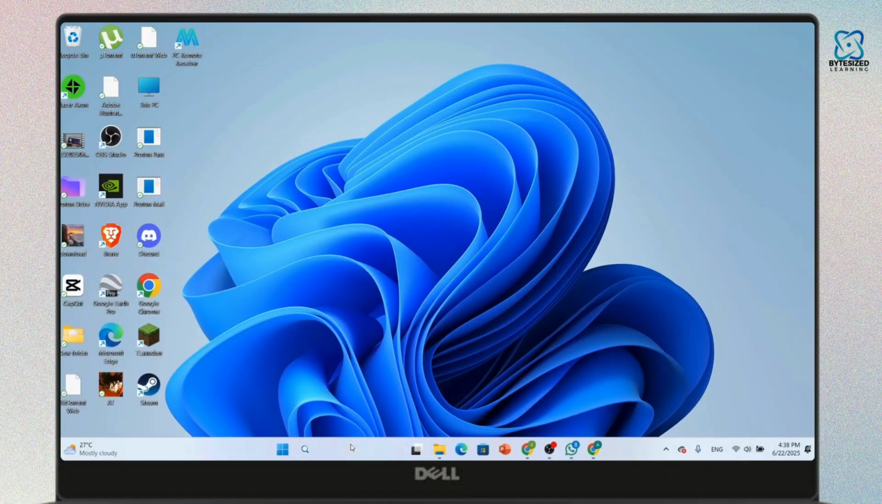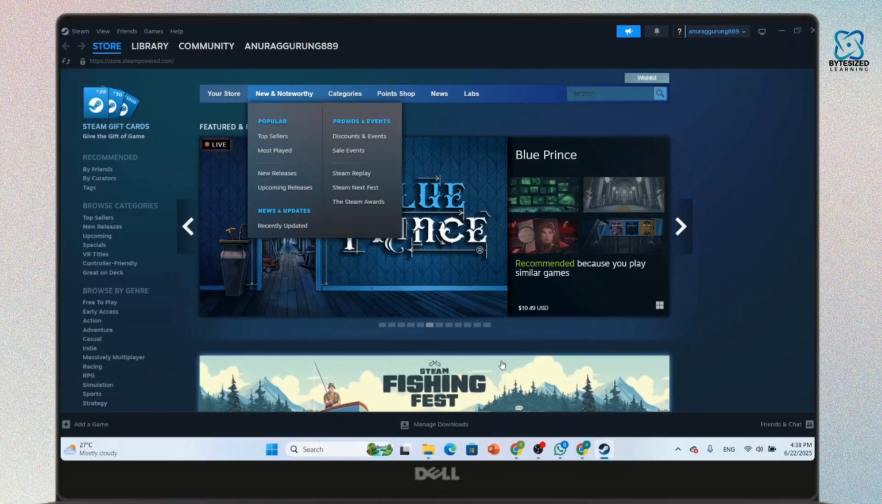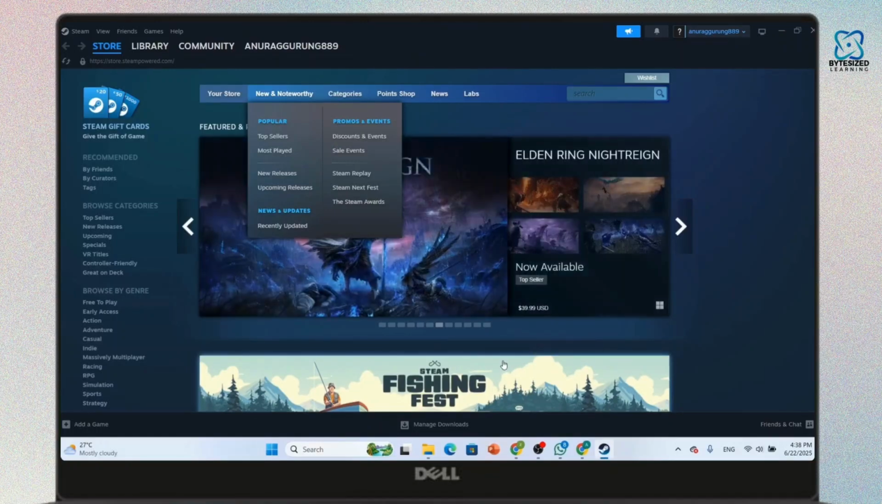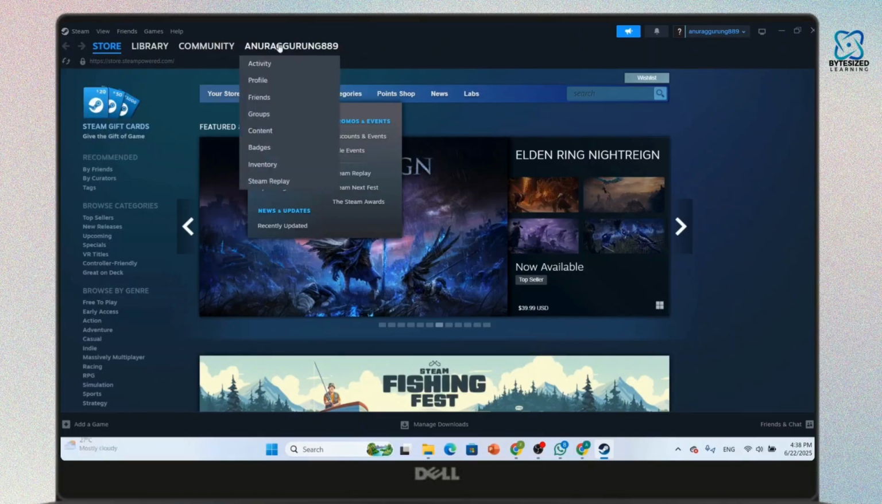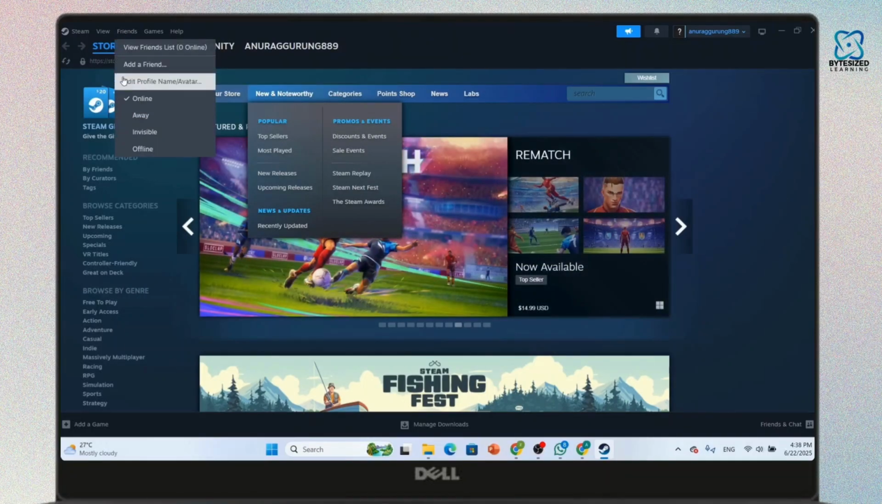So first thing first, open the Steam app and make sure that you're logged into your account. And now here, once you are inside the Steam, just look at the top section and there you can see the several tabs. From there, simply click on Friends, and once you click on that, a drop down menu will appear. And now here, inside that drop down menu, under the edit profile name, there you can see four options: